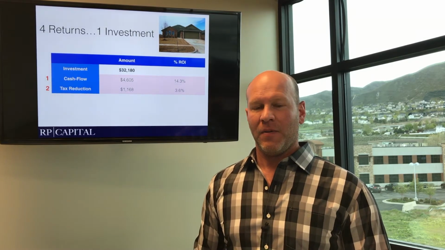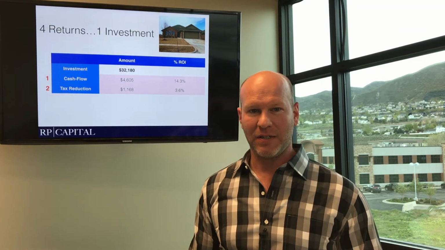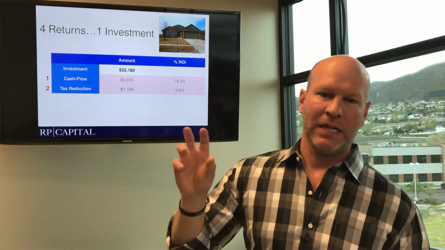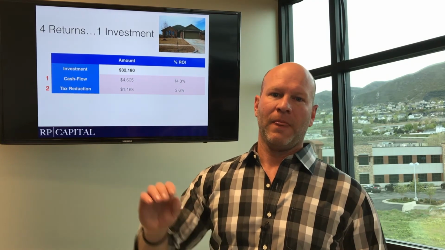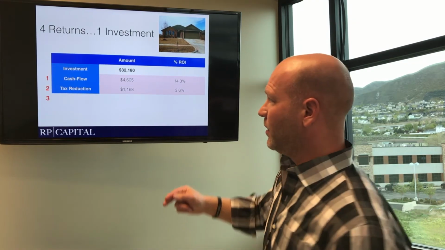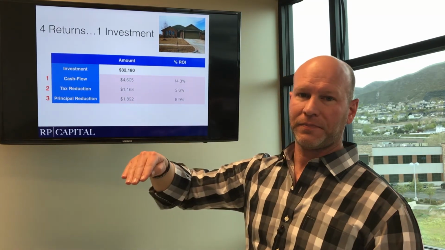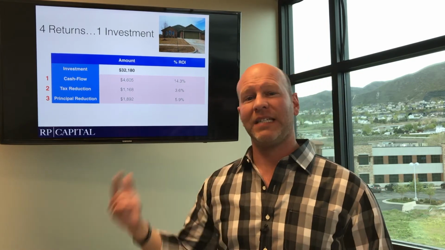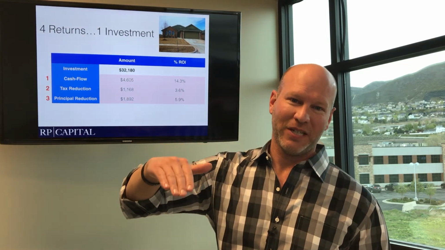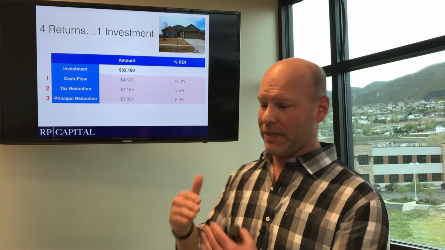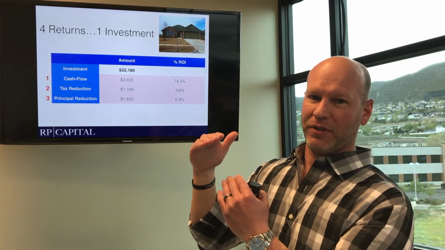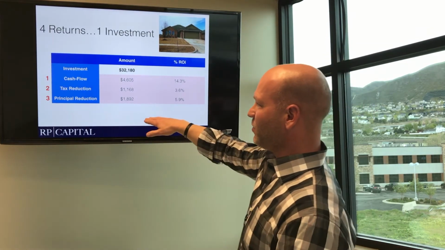The next one is a pretty neat one too, and it's one that a lot of people forget. You have a tenant in your property. Every month they pay money, and that money goes to pay your principal and interest payment. So every month you're paying principal, but it's not coming out of your pocket, it's coming out of the tenant's pocket. They are in effect reducing your mortgage over time. And that is a real return, because as they reduce your mortgage, it creates equity in that property for you.